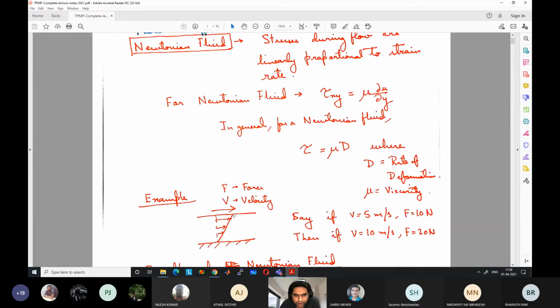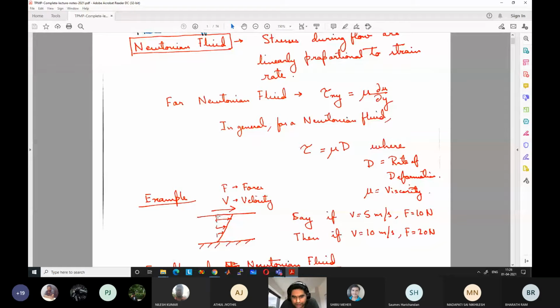Of course, you know this. So there will be a velocity gradient in the y direction. If I consider the vertical direction as the y axis and the horizontal direction as the x axis, along the y direction there will be a change in the u component of velocity. u means the x direction velocity will change. There will not be any y direction velocity, only x direction velocity will be there, and it will change gradually from 0 to v.